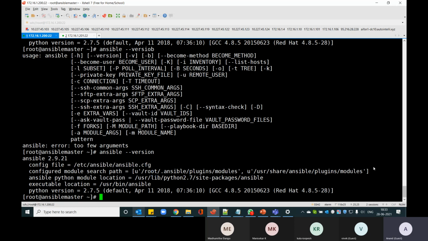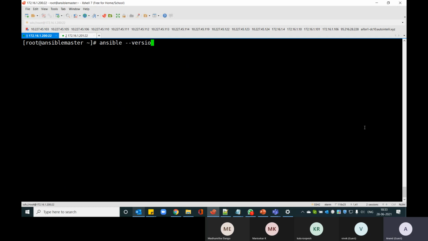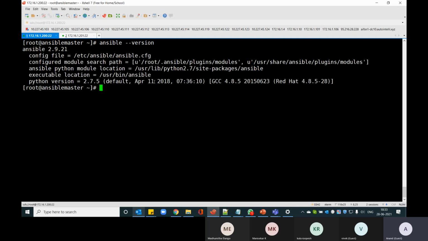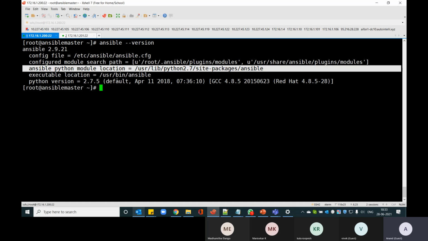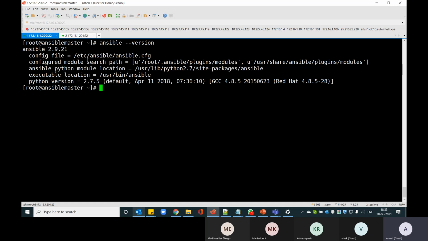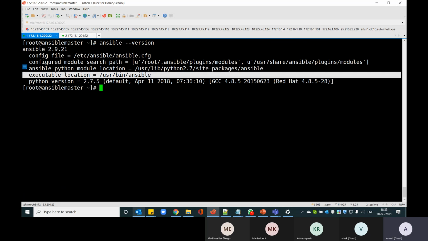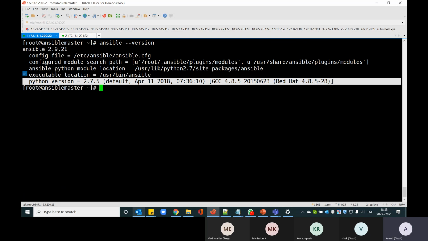And it tells you exactly all the different places where it checks for configuration, where the module search looks, all the Python module locations of Ansible and all this. It works on top of Python 2.7.5. That's my default Python, which comes in the